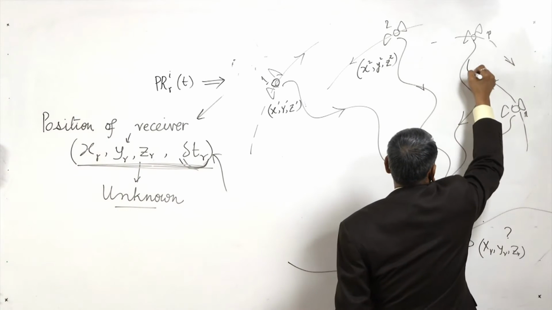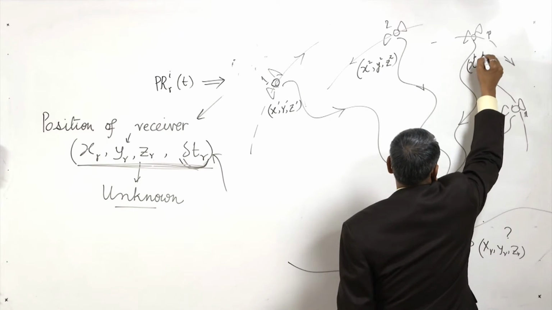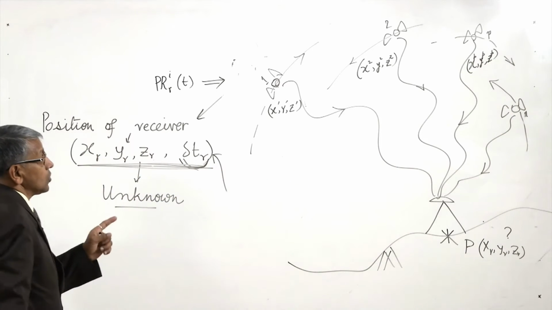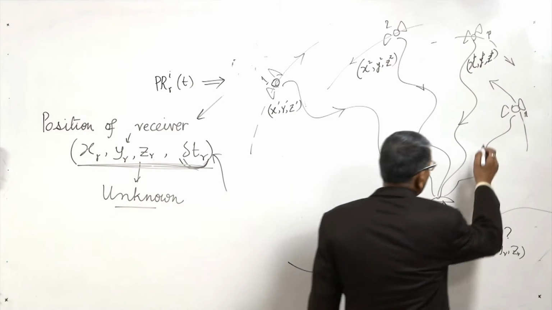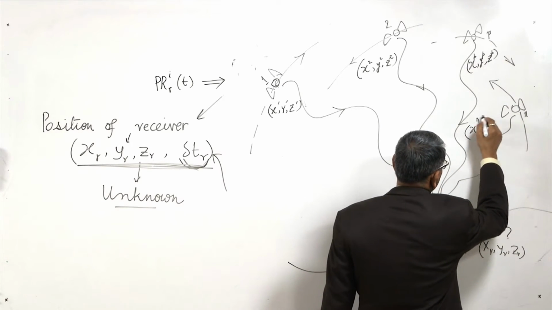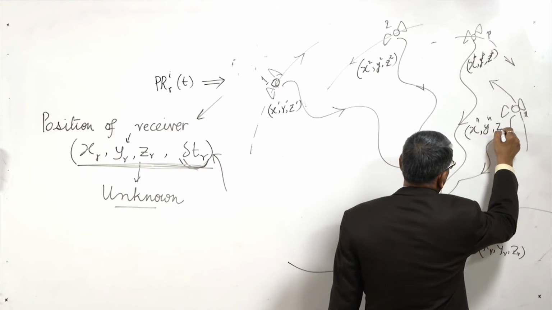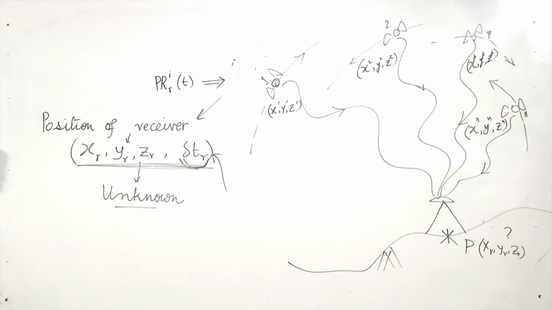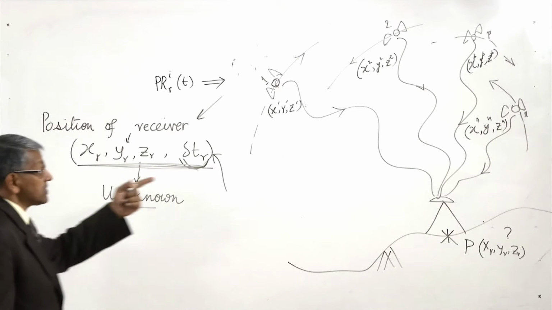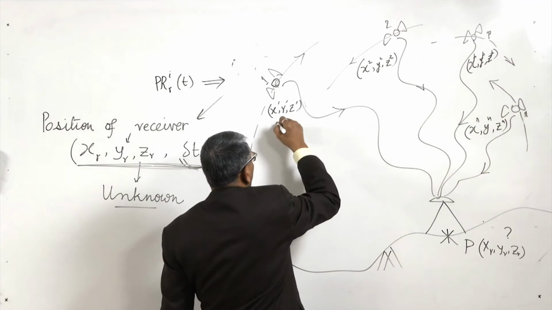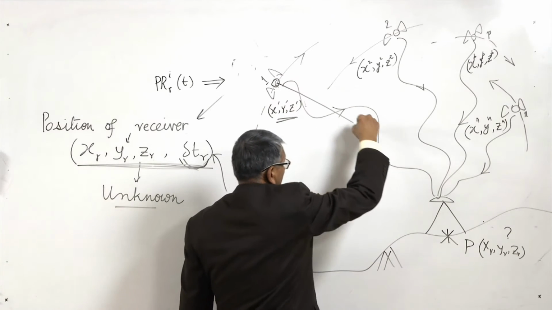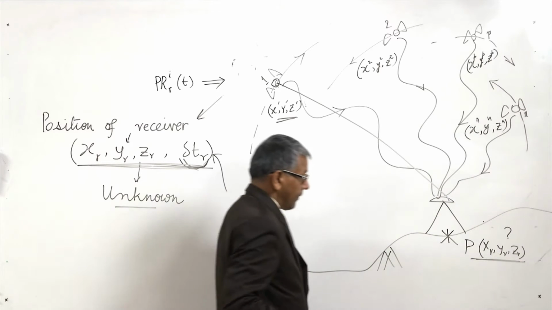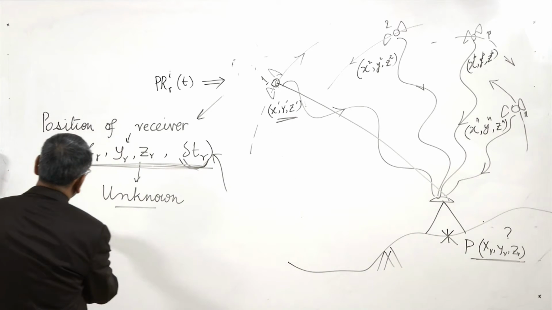Suppose x superscript p, y superscript p, z superscript p, these superscripts show the coordinates of the particular satellite, up to xn, yn, zn. These are the locations of the satellites, which will be available from GPS data. If we know this, then we will be able to get